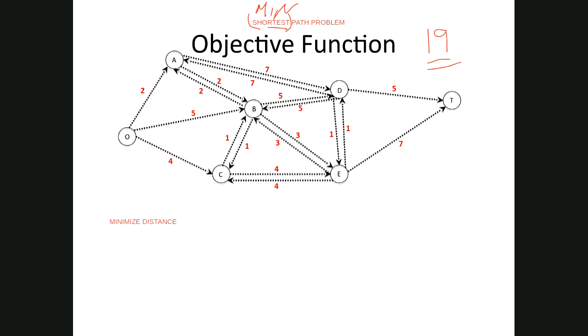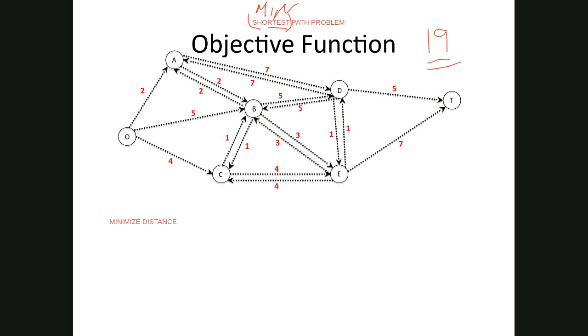And so we're going to want to minimize our distance, which is going to be equal to 2 times that path, if path O to A is used, plus 5, and then if path O to B is used, and 4 times O to C. And then we begin at A plus, I'm just going to do a few of these, 2 times A to B plus 7 times A to D,